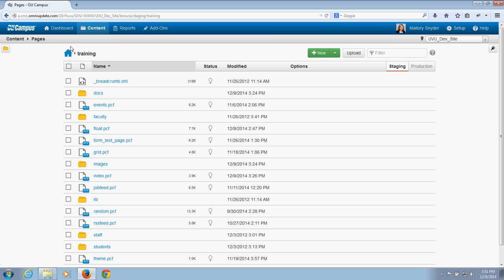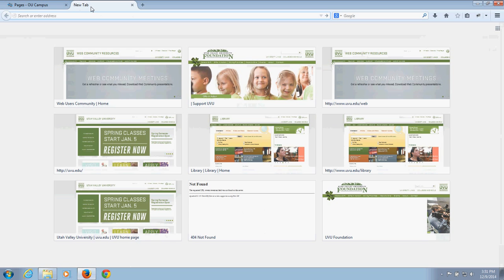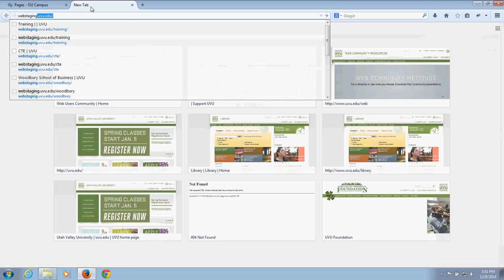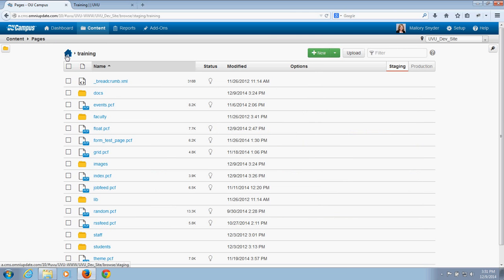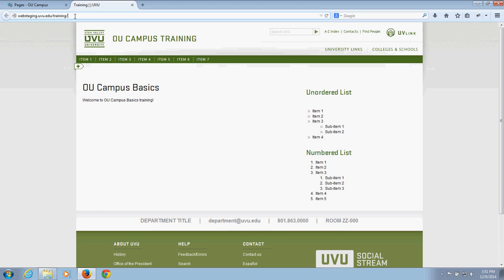That's our main level of the site. And under that, we're in a training site. So if I were to open a new tab and type in the address of my department site, I'm going to see that the URL of my site will mimic the breadcrumb. So here we are, uvu.edu, that's our house icon. Next to that is training. So our house, uvu.edu/training. Now, anytime we're looking at a website address and we see that it ends with a slash like it does here,